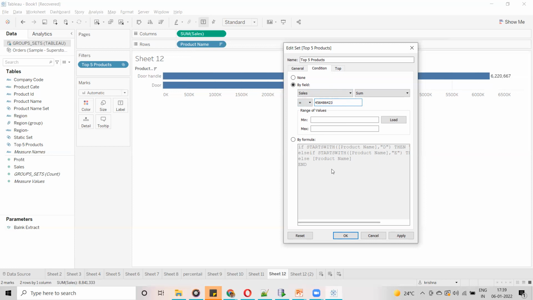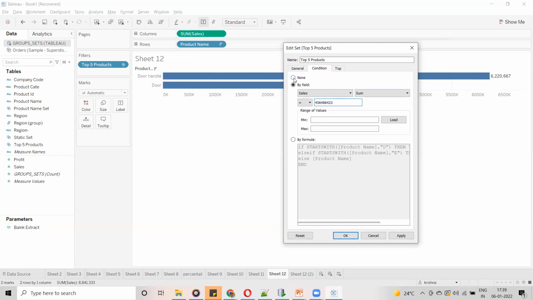And the fields you use should always refer to the same field, or it should be an aggregated field.